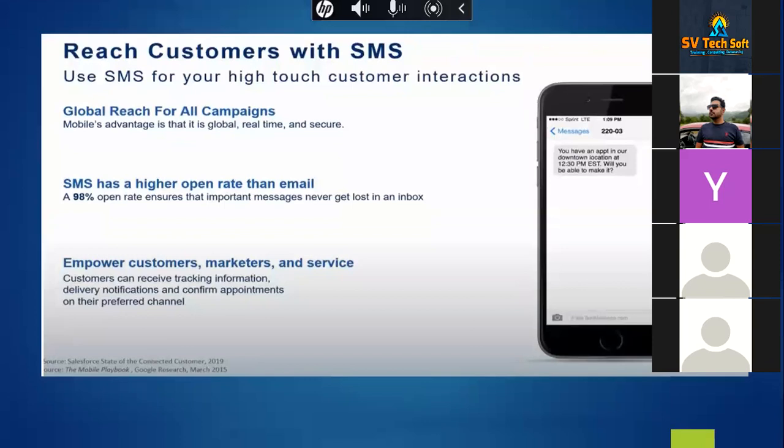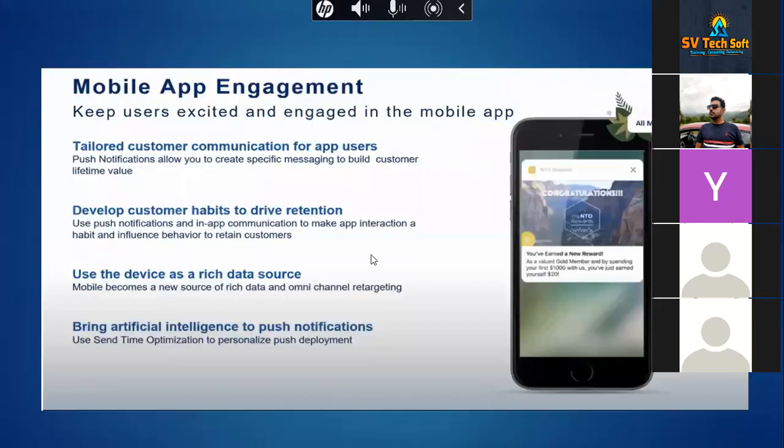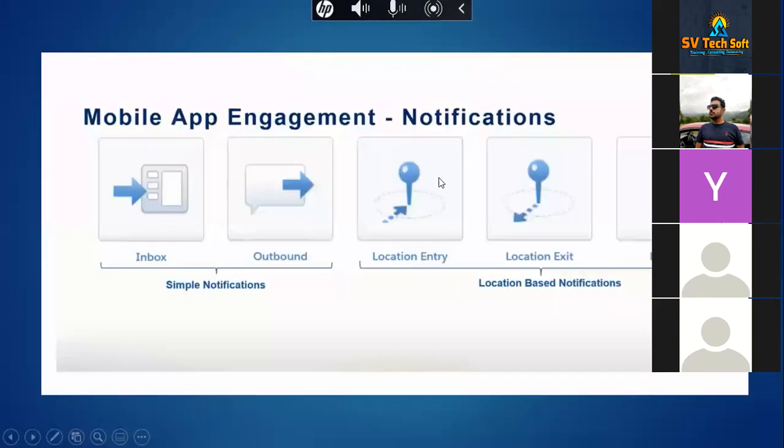Okay. One more important feature is there. This is a location-based feature. Suppose you must have ordered something from Zomato. When that delivery guy is near your location, suppose 100 meters near your location, you will get a location-based push notification that your delivery partner is reaching your destination shortly. That means Zomato has read the location of that particular person and has triggered a push notification. So we will see how to use the location entry and exit points as well in order to personalize and